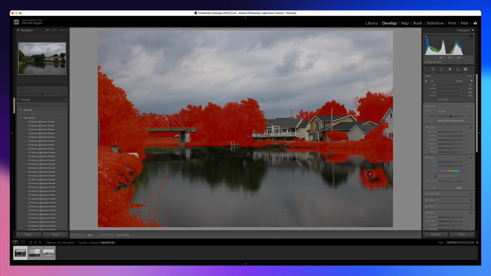And again, it doesn't have to be perfect, but if you do some changes to the actual vegetation, it would also affect the reflections as well. So let me see, come on over here. And again, I'm just going real quick here. I would probably zoom in and take my time to do all of this right here. Right there. Boom, boom, boom. And again, I'm not going to go completely perfect here, but